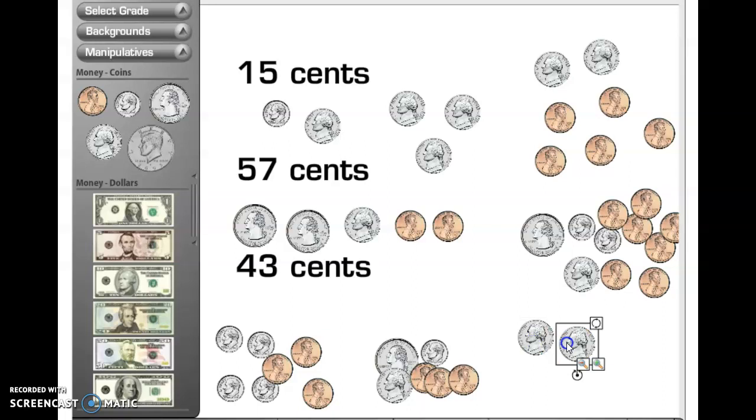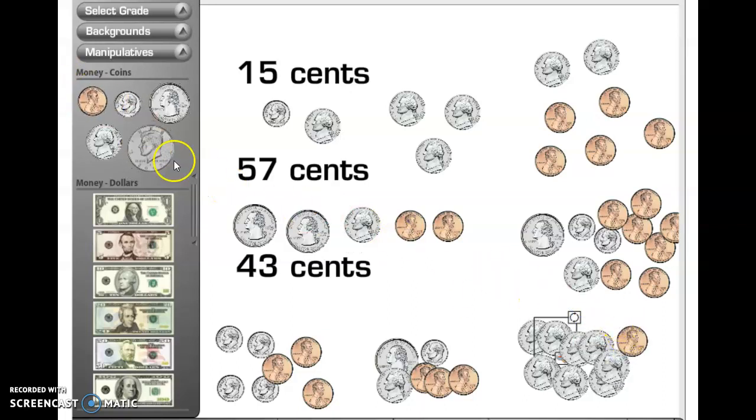So I could do 10, 20, 30, 5, 10, 15, 20, 25, 30, 35, 40, 1, 2, 3. So there you are representing 43 cents, and that has a lot of different coins, okay? So the one that has the least amount of coins is your quarter, your dime, your nickel, and your